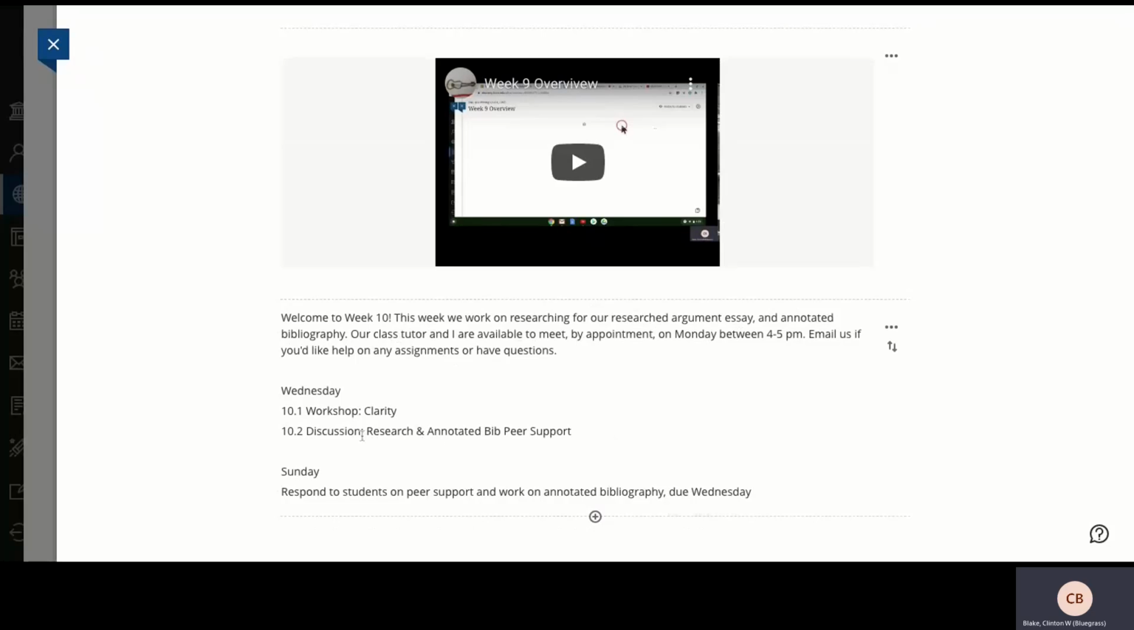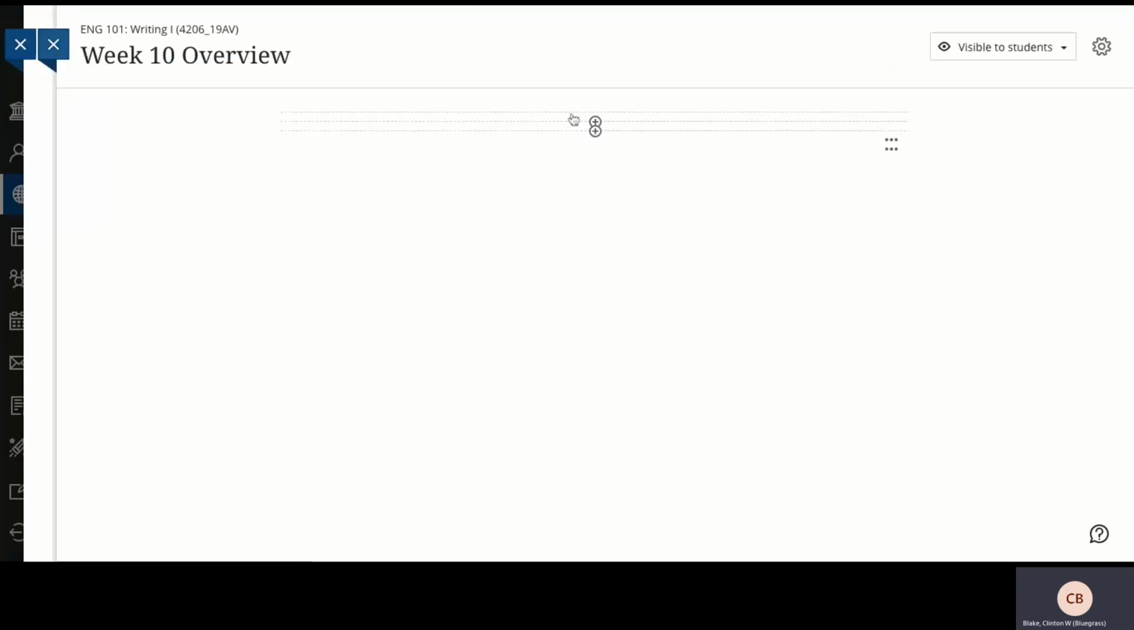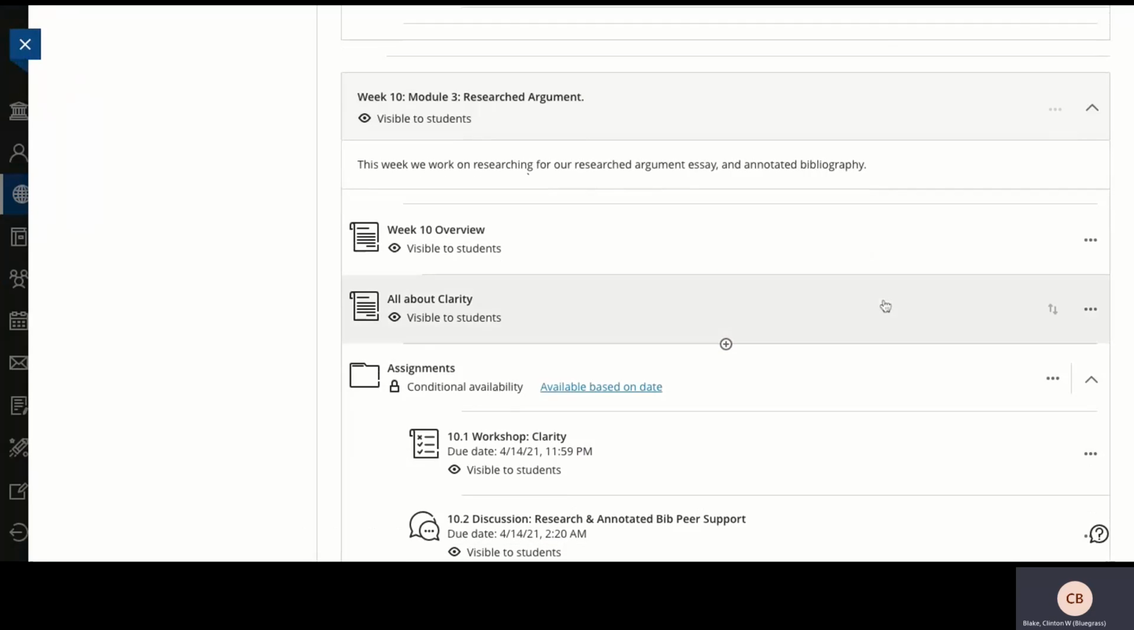get some support there. And then on Sunday, the only thing you've got to do is respond to students on the peer support for your annotated bibliography. So that's it. I'm trying to keep things pretty light for you here so that you can get some support, but you can also focus on your annotated bibliography and your research and putting all that together for your researched